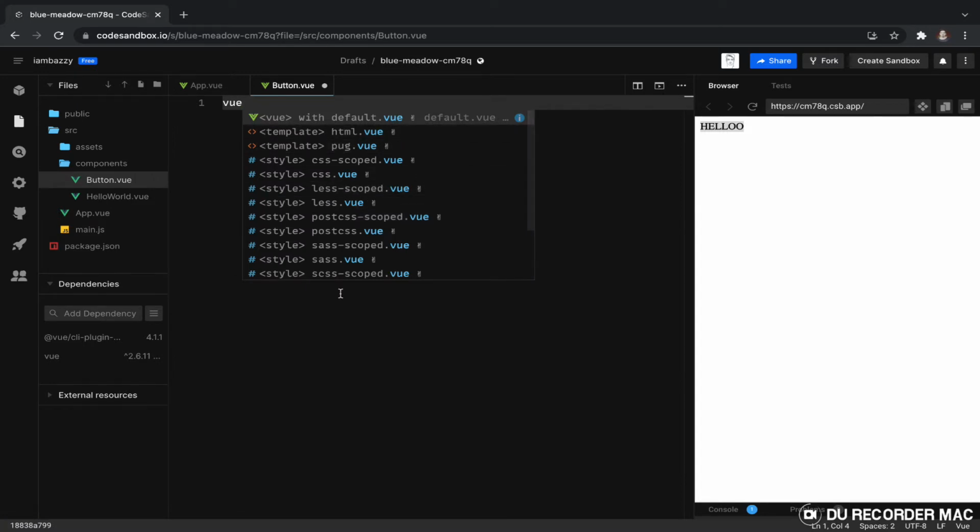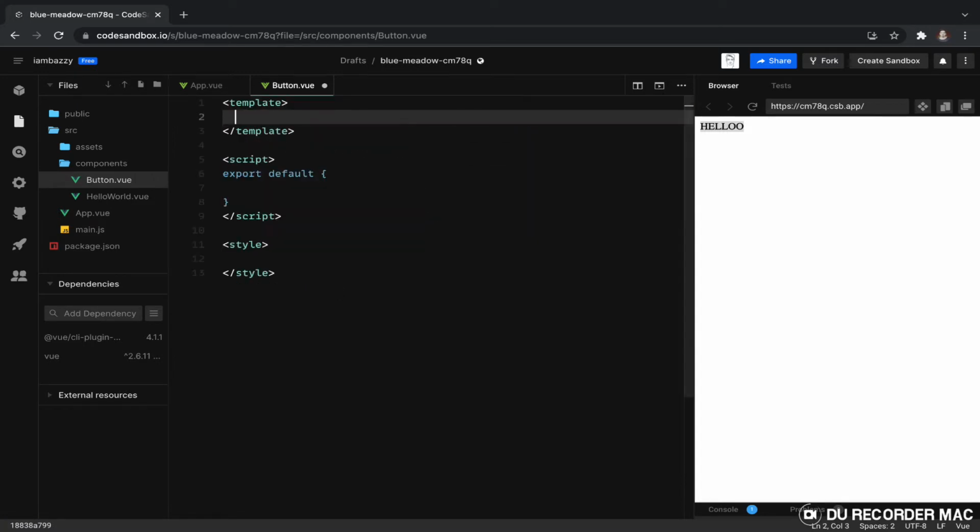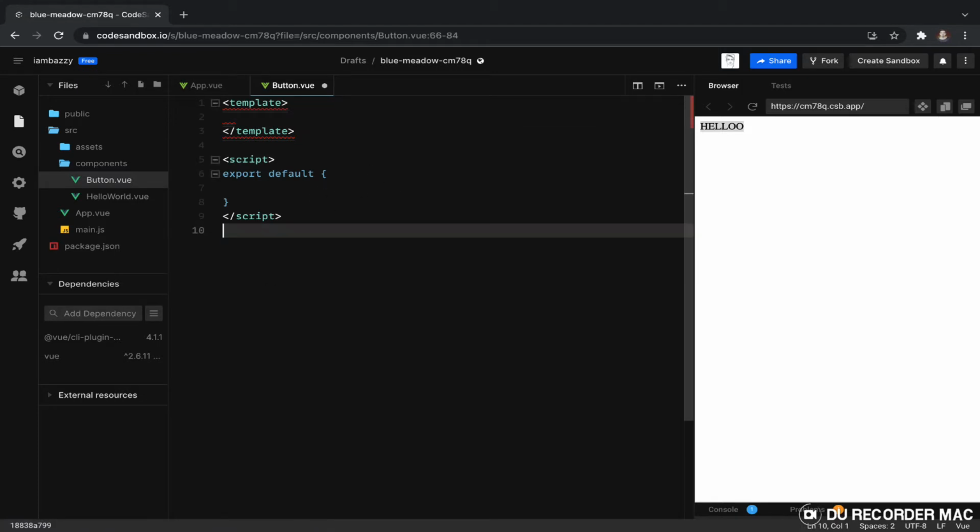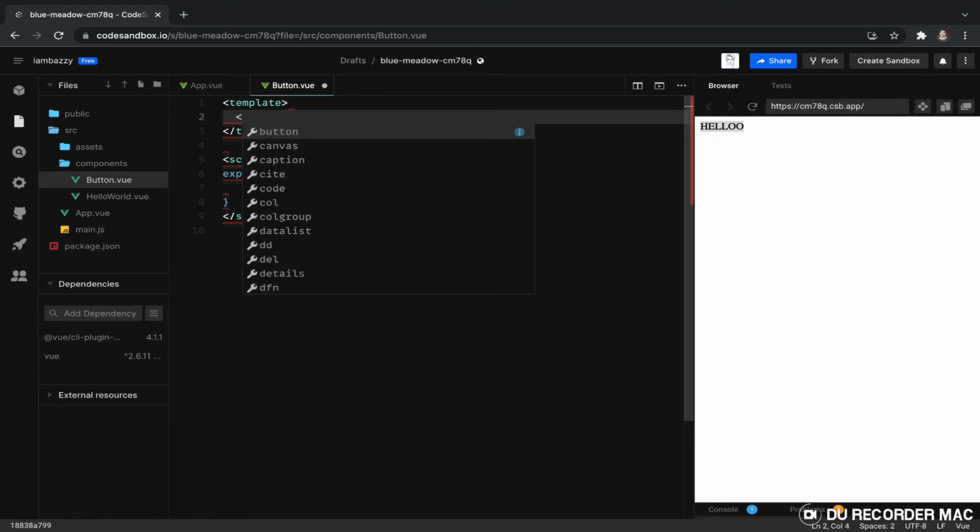If you type Vue and then press tab, it's going to inject the basic boilerplate code for you in the file. Let's return a button here, and this button is going to have some text. Let's say click,